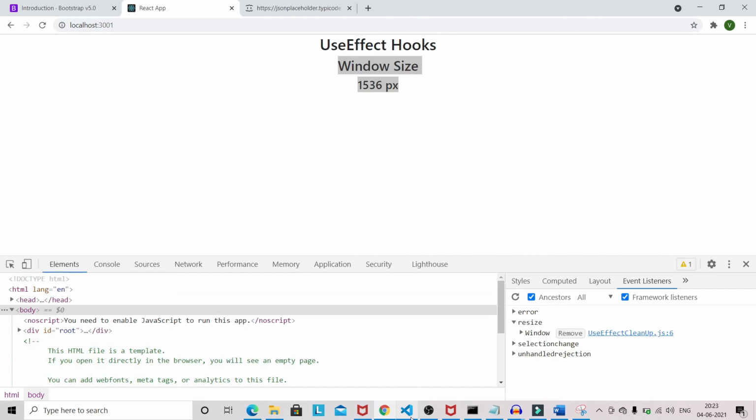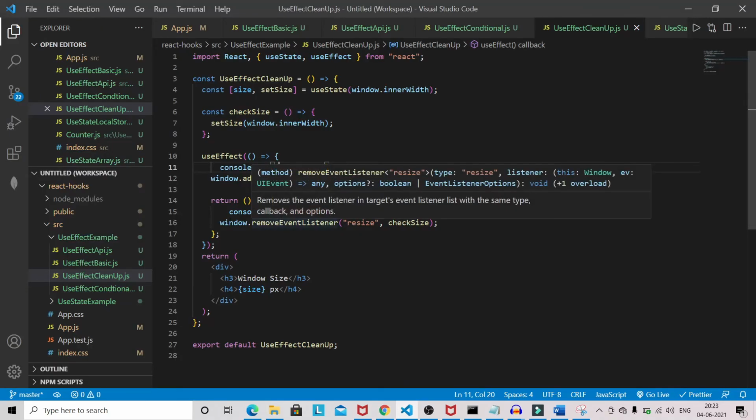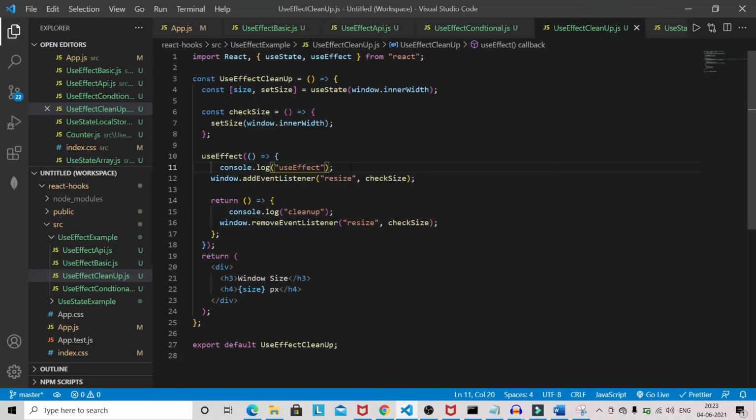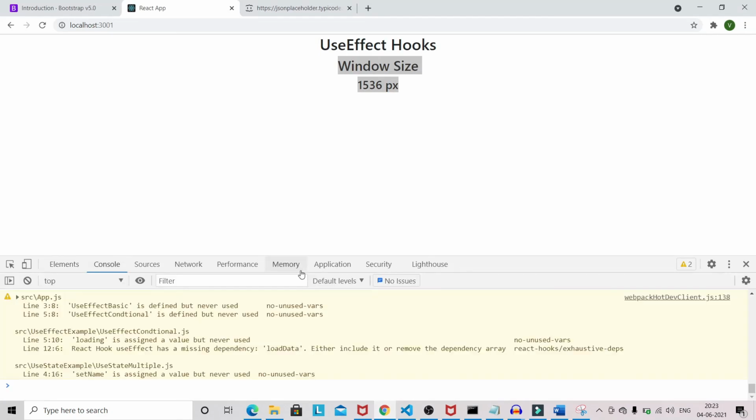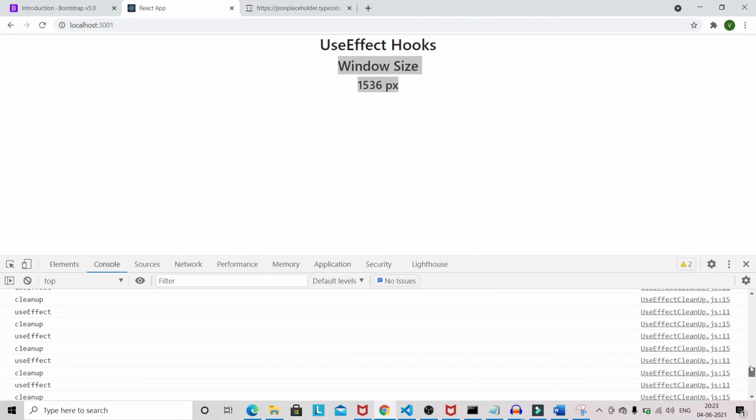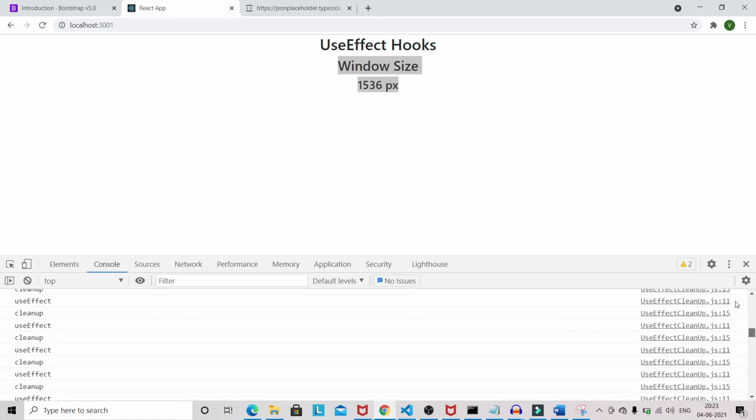So we basically clean up every time. Once the user is done with the resizing, we are just removing the event listener. That's what we are doing here. And if you come to the console, you can see we are calling the cleanup function whenever a user is done with resizing the window.